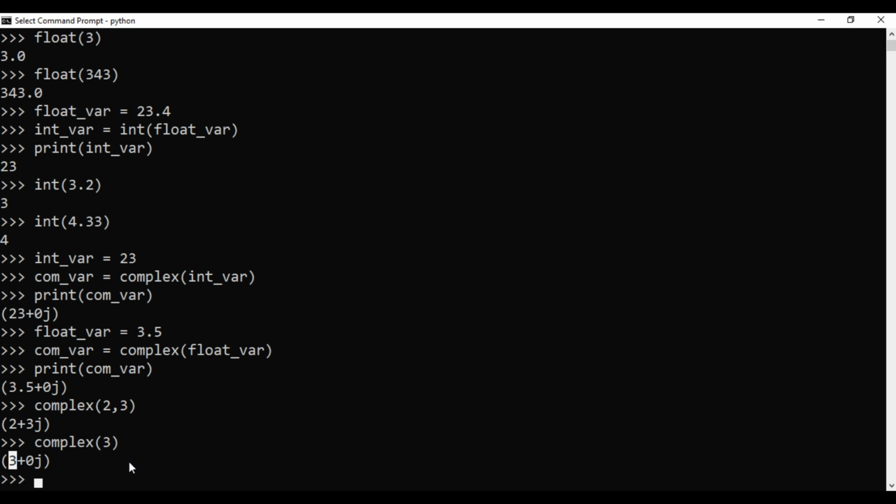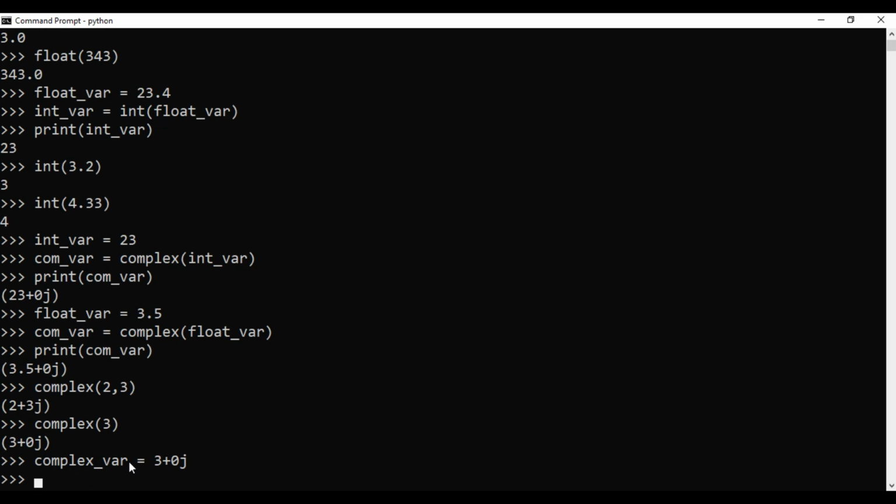And now I will tell you what happens if you try to convert a complex number into a real number. I will create one variable, complex underscore var, and inside this variable I will store a complex number. When you try to convert complex data into integer or float data by using the int and float functions, that is not possible.